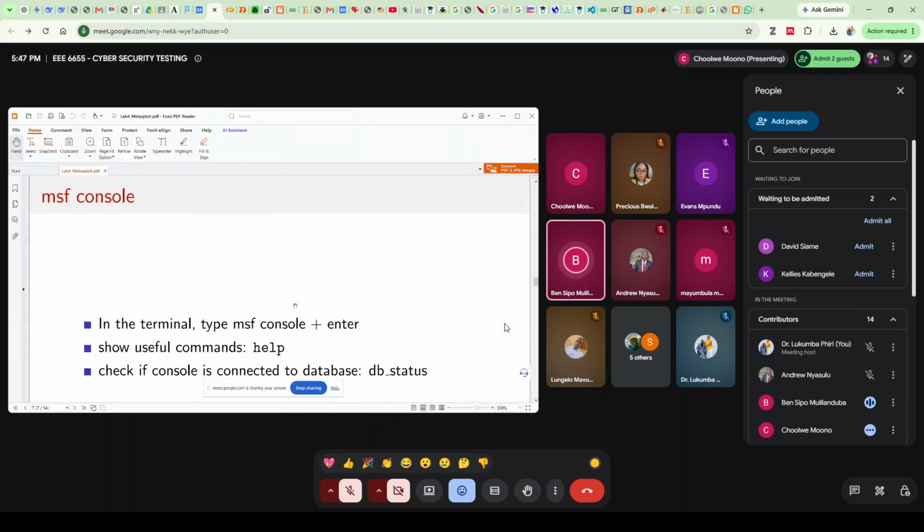The first part is we're going to use an MSF console. This is basically the Metasploit Framework console, which is more of a command line kind of interface where we do our exploitation. So we use the terminal in our Kali Linux. We type in msfconsole. So this should be one word. Excuse the typo here. msfconsole, and then we press enter, and then it's going to start up and bring